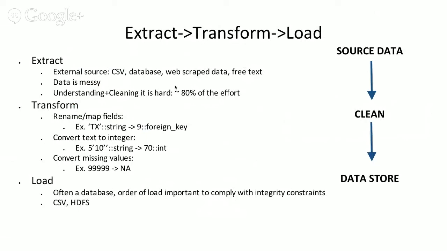And in that process, it gives you an opportunity to deal with a lot of the badness, essentially, of the data. So kind of common things that you would do to transform the data is to take things like your text string and to map that to another table. So in this case, I may have a table that lists all the states that I'm interested in. And when I pull in a new data set that has TX as one of the fields, I actually want to map that to the foreign key in that table so that I can directly enforce constraints on my data so that I can't ever have a record in my data table that's pointing to a state that doesn't exist,